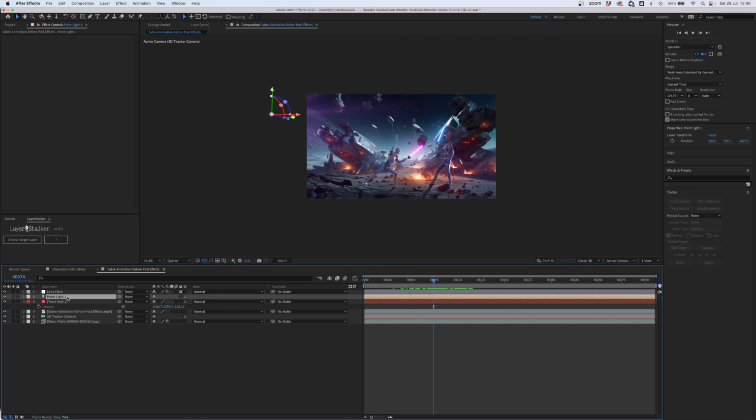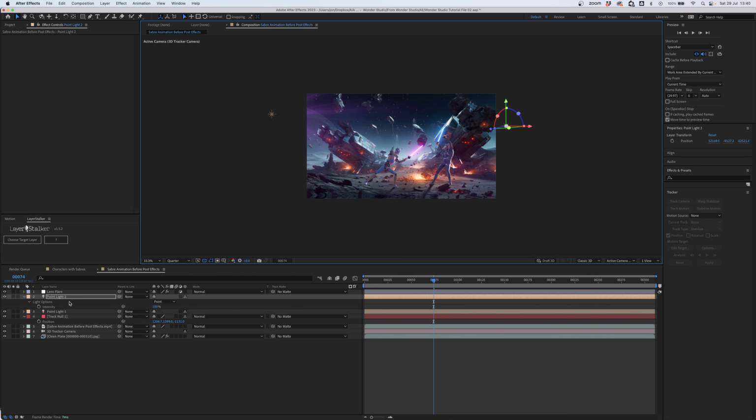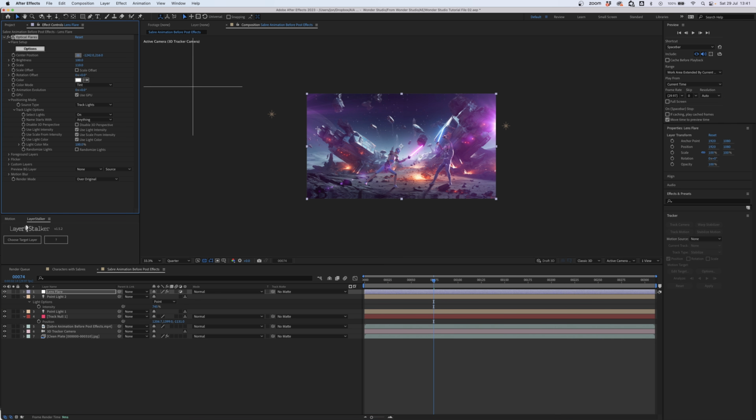We can then go ahead and duplicate the light, move it to the other side, again position it where we think is a good spot. I'm going to push it really far away on the Z-axis. And if you press T on the light, we can up the intensity, which gives you separate control for each individual light. Again, we can click on the lens flare and set the center position, moving that around so we find something that we like.